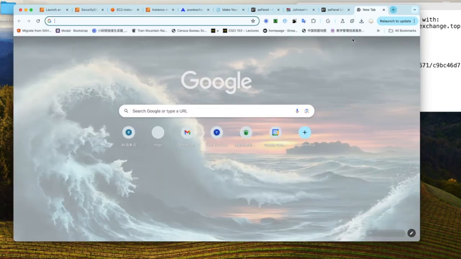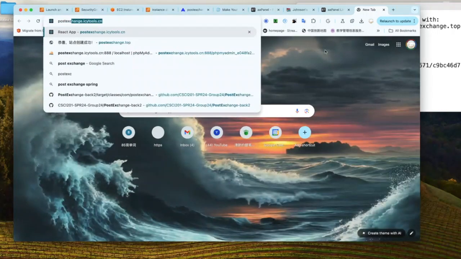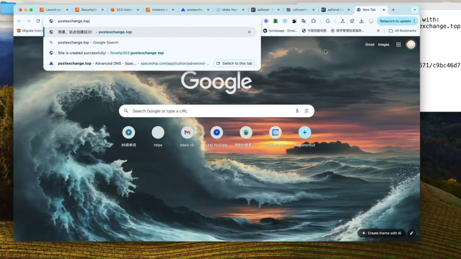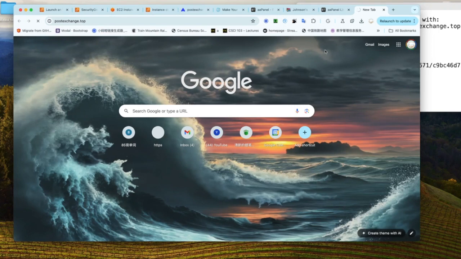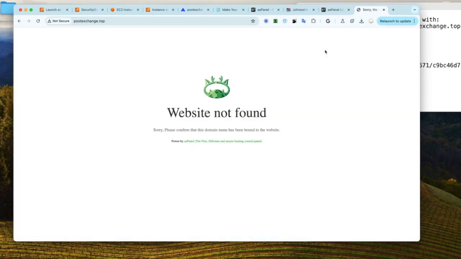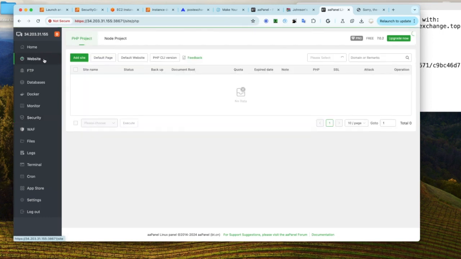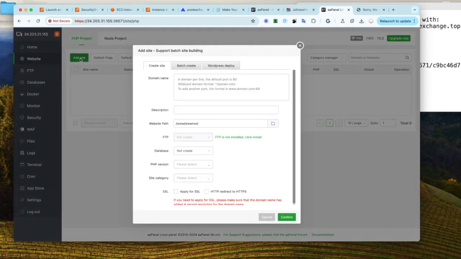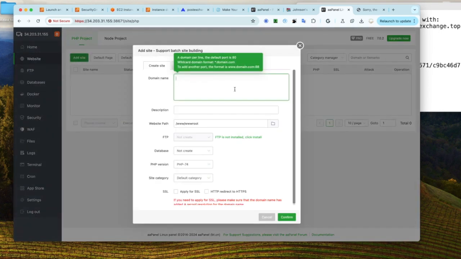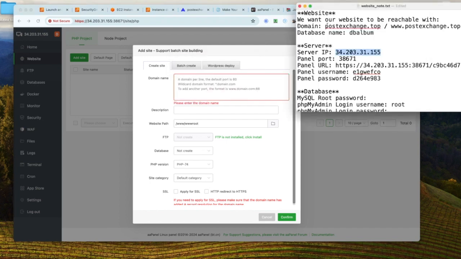And let's type in our domain postexchange.top. Whoops, we have not added our site to our panel yet. So let's go back to our panel. Go to website, add site, and we want to put the domain for our website here. So in our case, it's postexchange.top